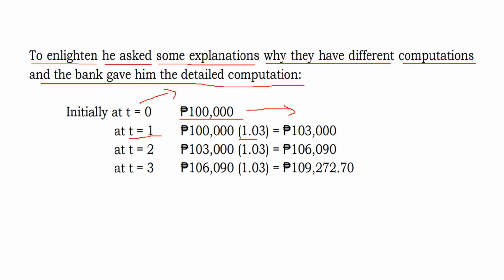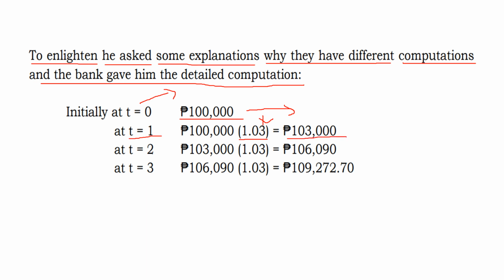We multiply it by 1.03 because this 0.03 here represents the interest. That's why we really need 1 plus 0.03, because if we multiply by 1, this 100%, there is no interest yet. But once we add to 1 that 0.03, the interest is applied on your 100,000 pesos, and it becomes